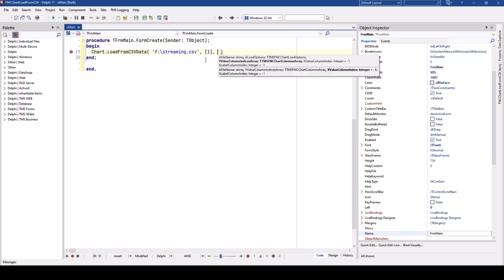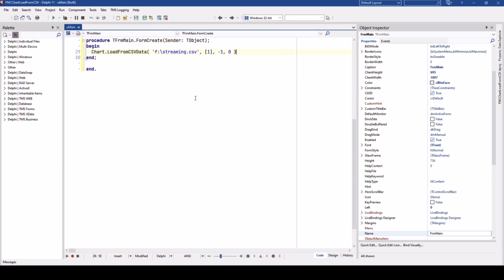And then the next parameter is the column for the x values. In this case, we don't have those because instead of values, we have labels that we want to display on the x-axis, so we specify -1. So this is the index of the labels for that axis. And of course, it's 0 because it's the first column inside of our comma-separated file. By default, comma is being chosen, so we don't need to change anything. And if we run this, we should already see the chart that we desire.